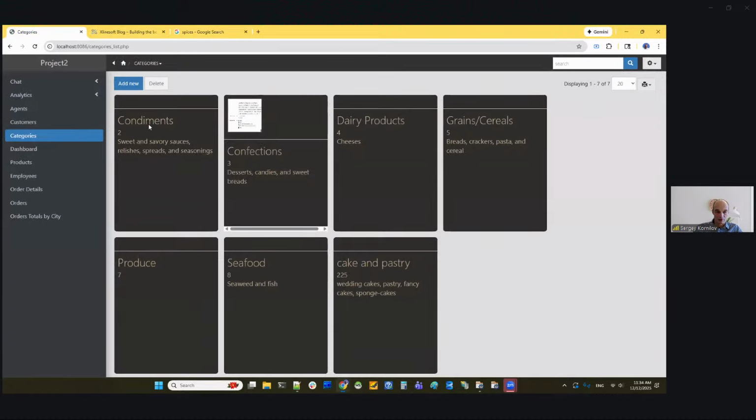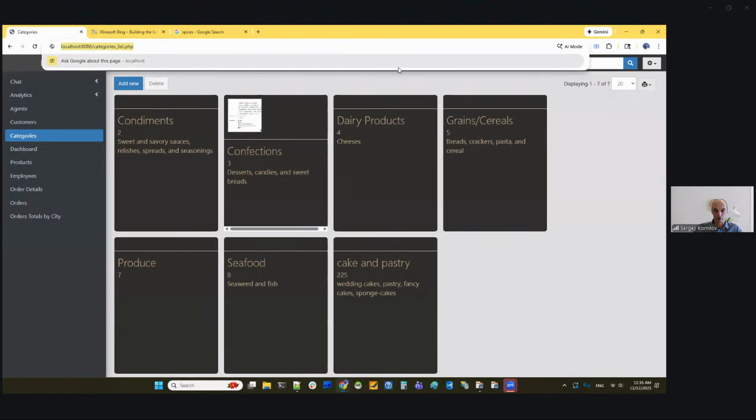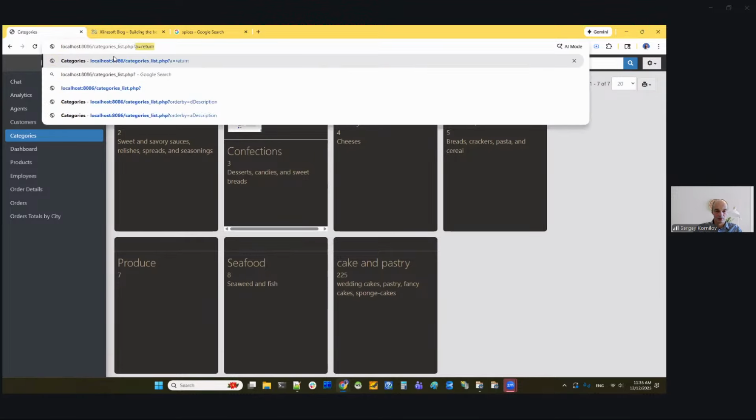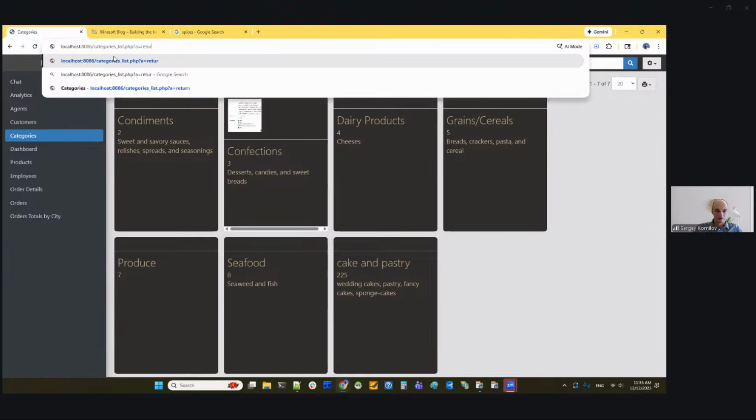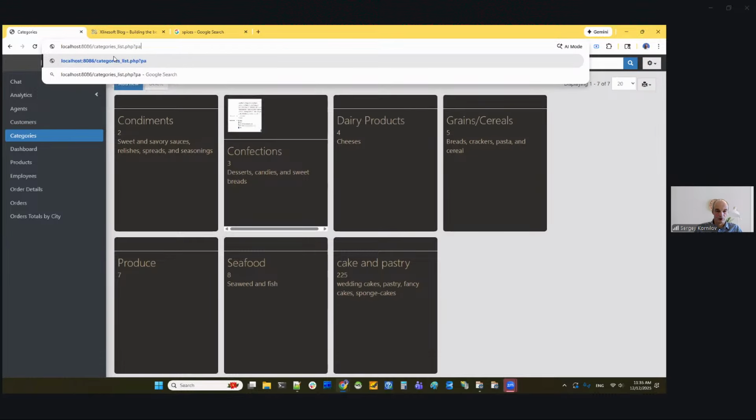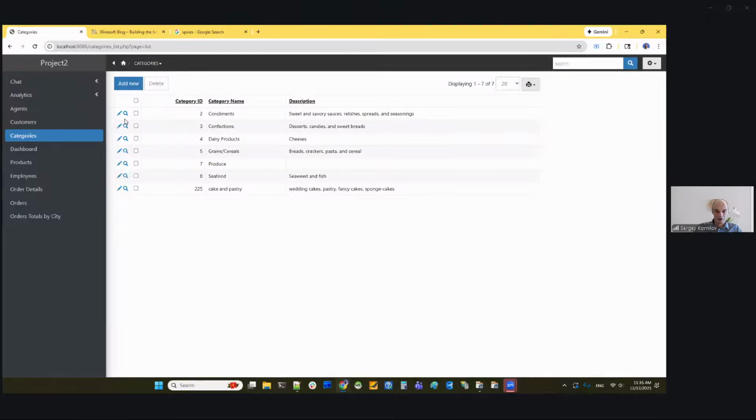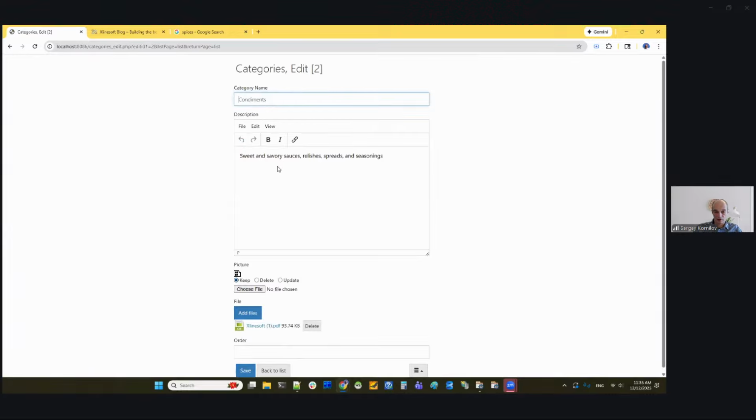Now, there is no easy way. I mean, cards are not meant to be edited, right? So there is no edit link. So if I want to edit, I need to go to a regular list page. I think it's list. Okay, so let's go here and